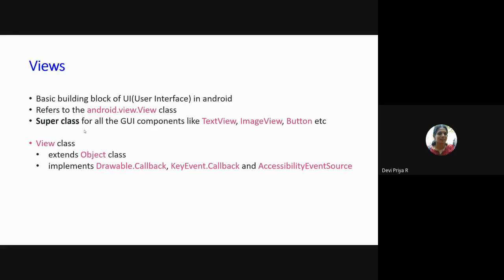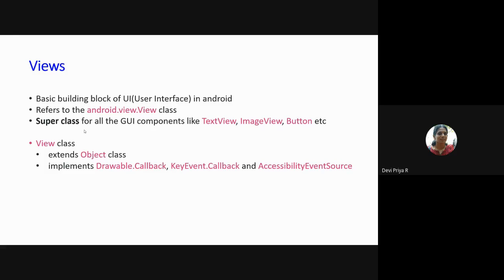So first, before that, what is meant by a view? Normally, as the word implies, it is a basic building block of user interface in Android. So how you want to see or how you want to view your objects. Suppose you have a button, a checkbox, a text box, all those kind of things, how it has to be arranged in your particular layout. That is the view. And here views commonly refers to the android.view.View class. All the inbuilt functions required for providing this view are stored in this class. Since it is an object-oriented concept, we have this class.